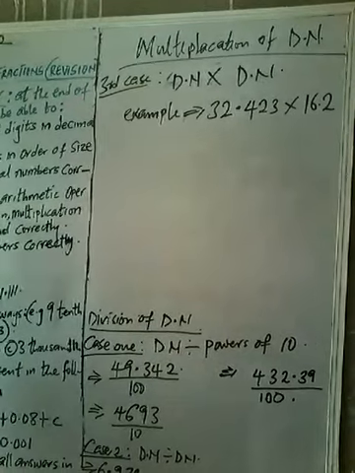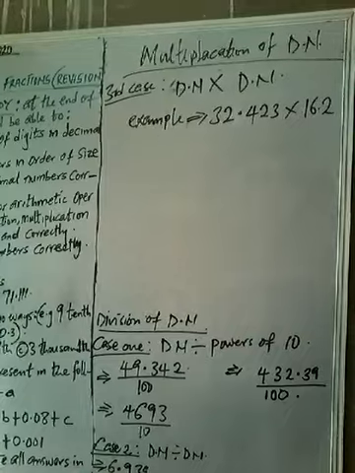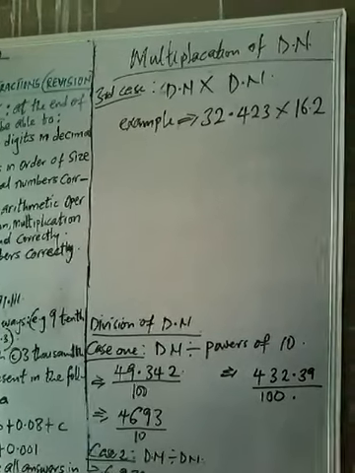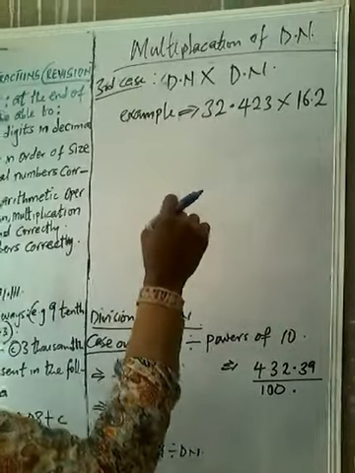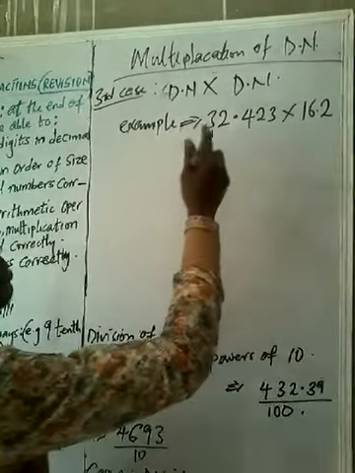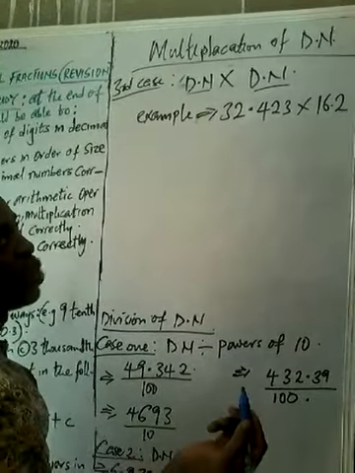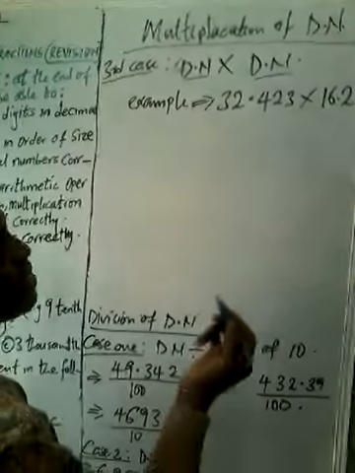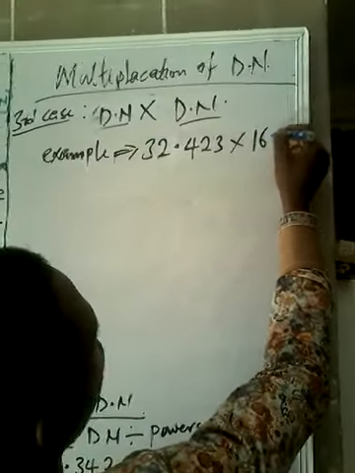To multiplication of decimal numbers. It can come in different cases as well. Different kinds of cases. Like we have considered before, multiplying with powers of 10. Now, if you are multiplying a decimal number with another decimal number, it is very, very easy as well. These are decimal numbers having points at different places.